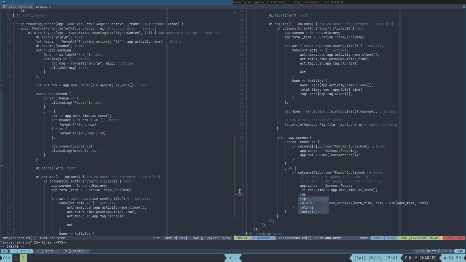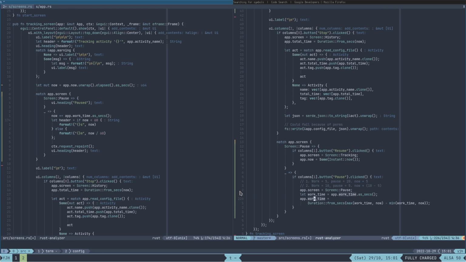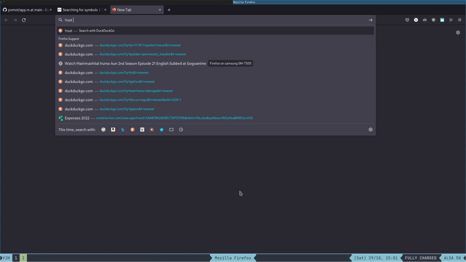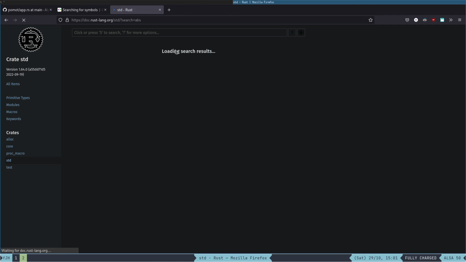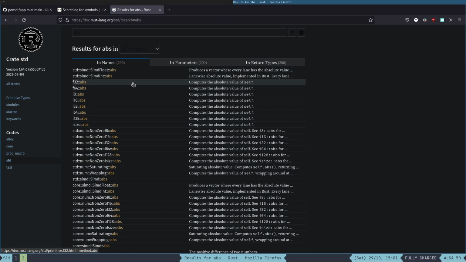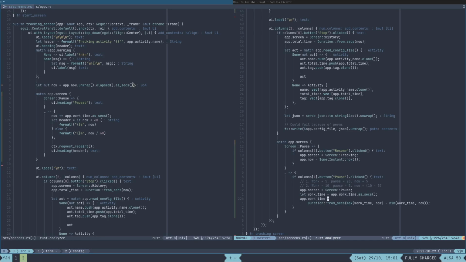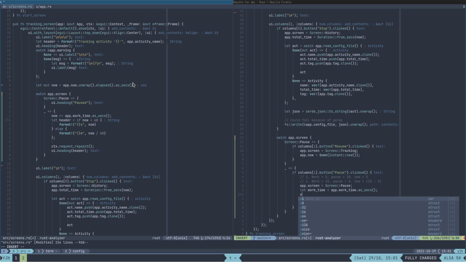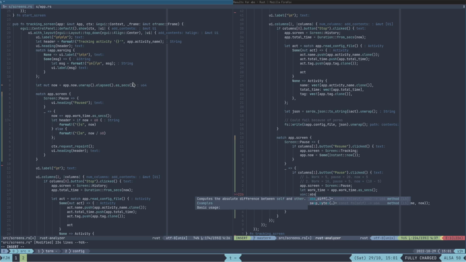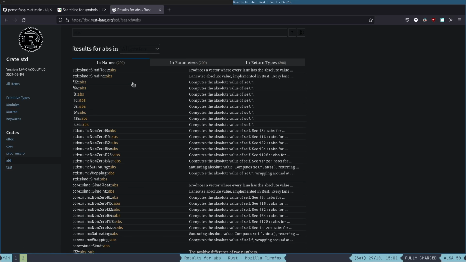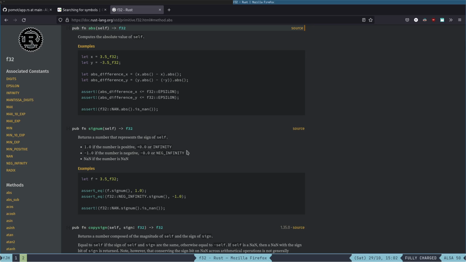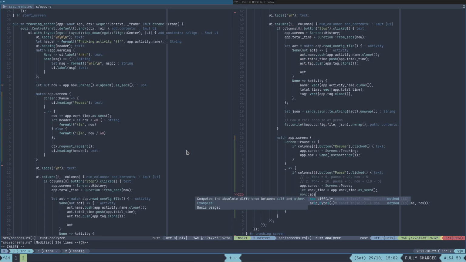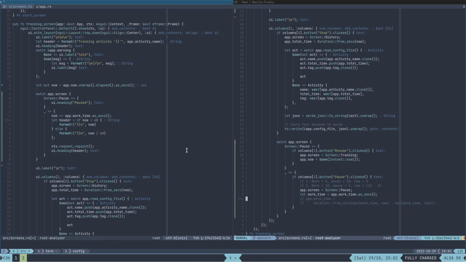Abs, CMP, it says an absolute function. Abs. F32 abs. Okay, so first, what is this? A U64. Oh, okay. So I can either do this,